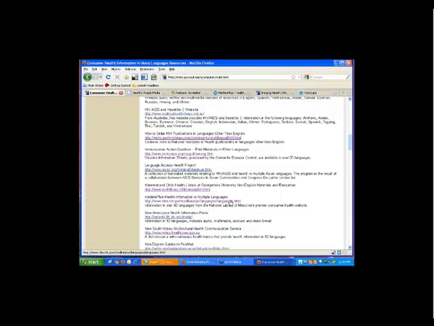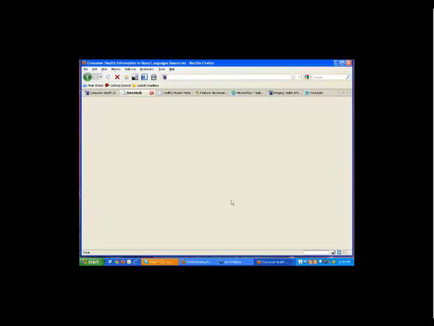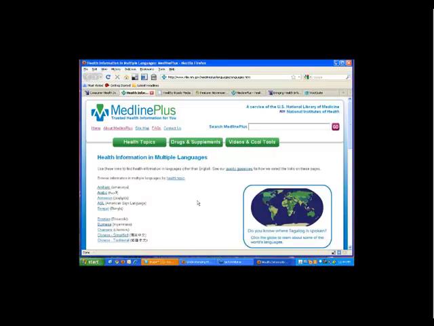And the first section that I'm going to point out is Medline Plus, the health information in multiple languages. And Medline Plus is a resource from the National Library of Medicine. I'm sure many of you already know about this resource. If you don't, please take a look at that webpage because it's so rich in the resources that it has to offer. Medical librarians at the National Library of Medicine review everything that gets added to this page. And so, in a sense, we've done the Google search for you and evaluated the information before it gets put on this website. But that's just one small piece of the whole page.